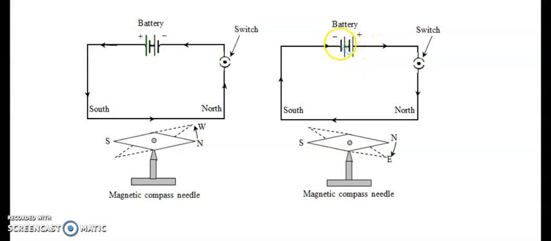When I'm switching over the battery, the current is flowing clockwise, and my needle is moving anti-clockwise, that is towards the east. You can see the shift. Here the north is towards the current flowing, and here the north is again towards the current flowing, but in the opposite direction. Why? Because the current is going in the opposite direction. So when the current is clockwise, the needle is moving towards it, and when the current is anti-clockwise, the needle is moving away from it. Hope this makes clear. So wherever there is an electric current flowing, there will be a mild magnetic effect present.